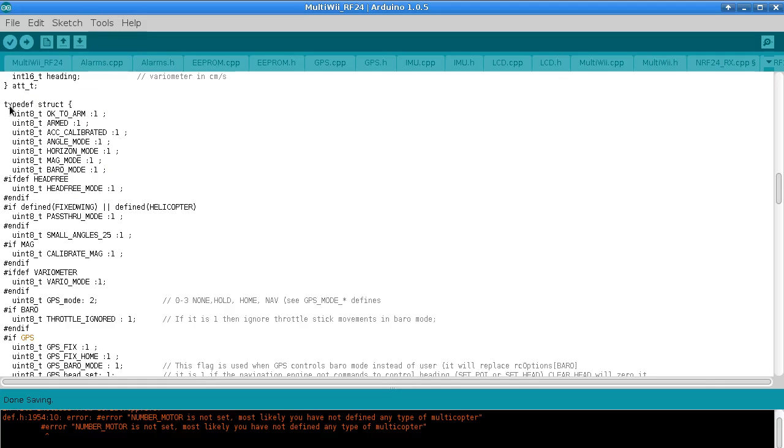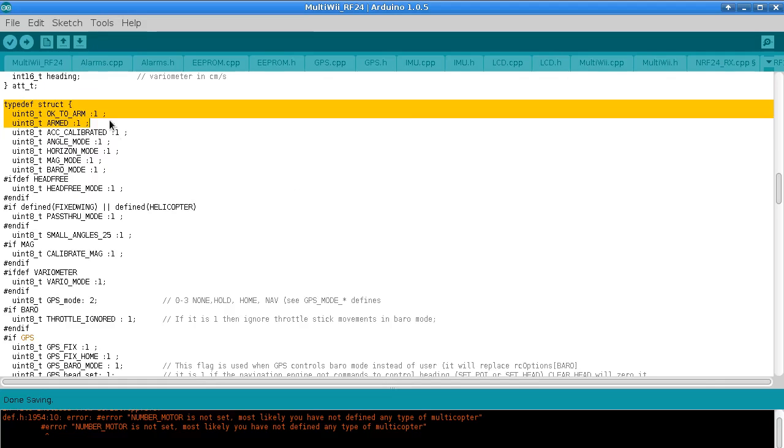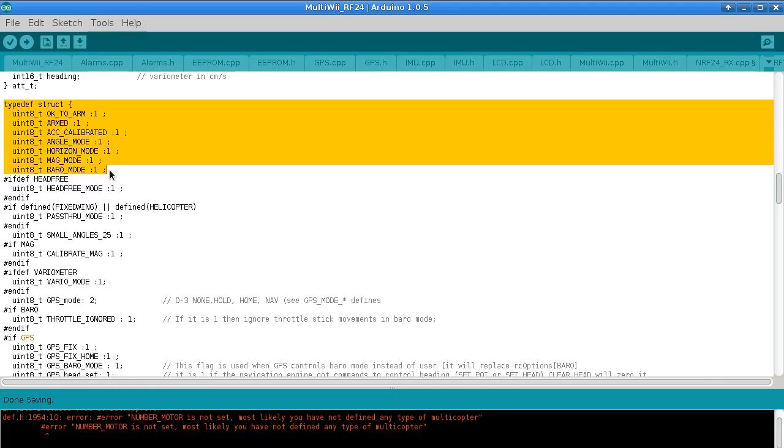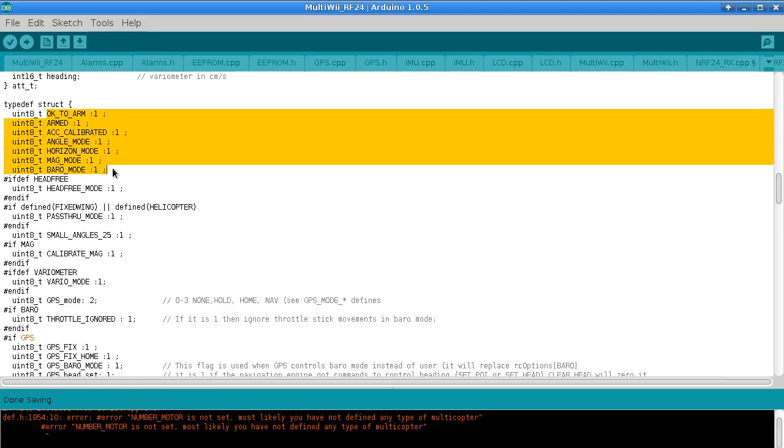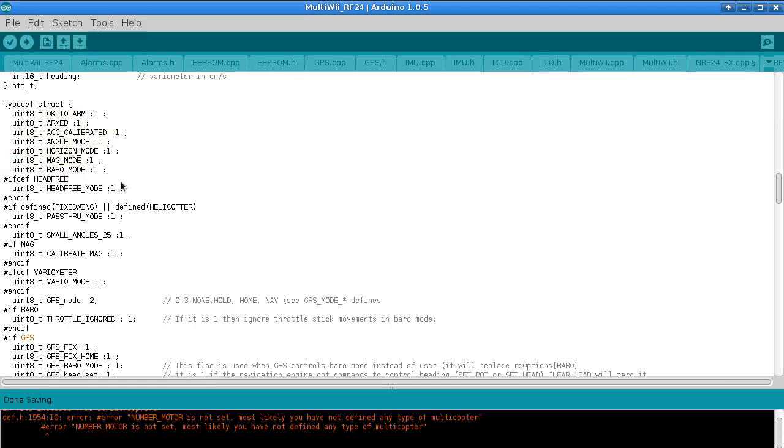Okay, this is the structure here that holds the status of various things that the MultiWii is doing. You can see here the second bit is armed, and that's what I'm using on the receiver side to tell my Android app whether the quadcopter is armed or not. You can also see here whether it's in angle mode or horizon mode, barometer being used or whatever. So you can get these and send that back to your transmitter. Anyway, so let's have a look at the